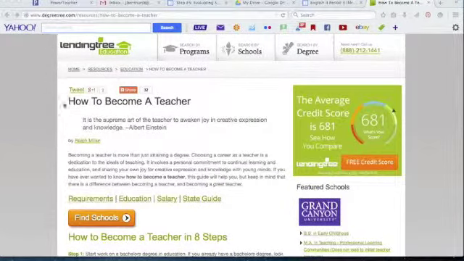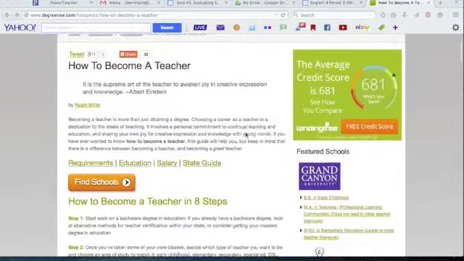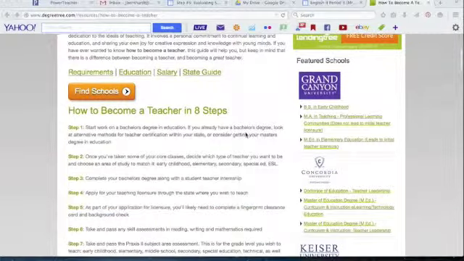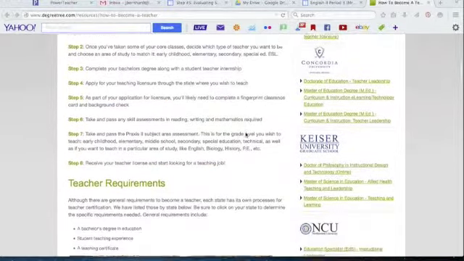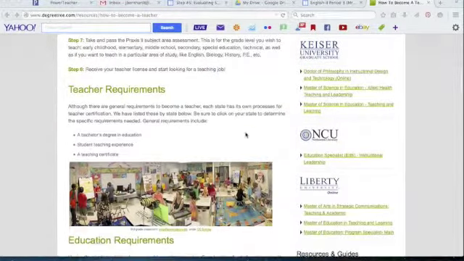Typing in the first question, I found a source, Lending Tree Education, with an article, How to Become a Teacher, by Ralph Miller. A lot of times the author will be at the top of the page or at the bottom. Now, to find whether or not this site is current or the article is current, we will scroll down